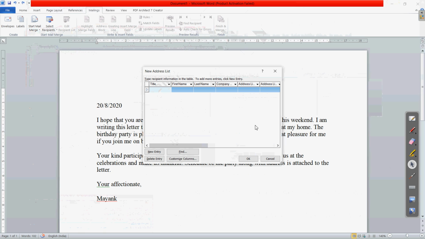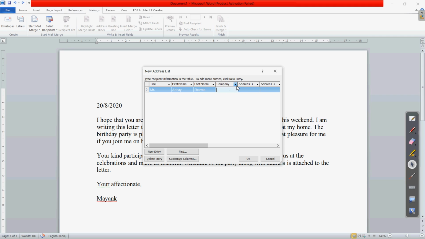If you come here, you can see the title. Suppose someone is using Mr. or Doctor, this will be the title, and we can choose accordingly. Then the first name, whatever name you want to add, so let us write someone like Abhay. Then the last name, according to the name of your friends or relatives.